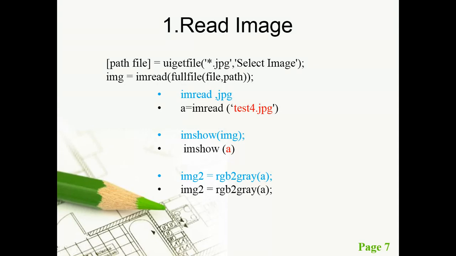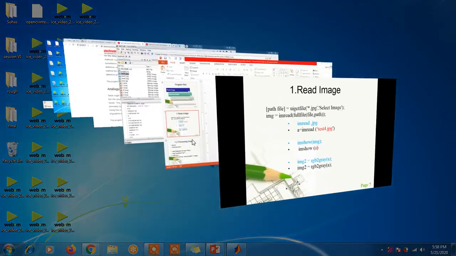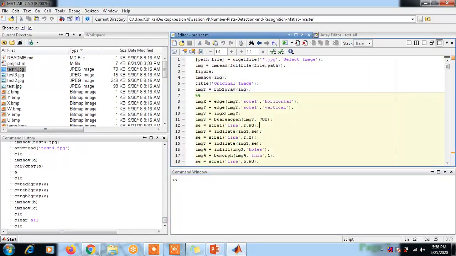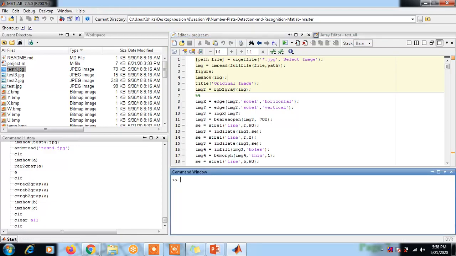We'll see this example in MATLAB. This is the image processing example. So first we'll clear the screen: clear all, clc, then write A = imread. This is the function to read the image.